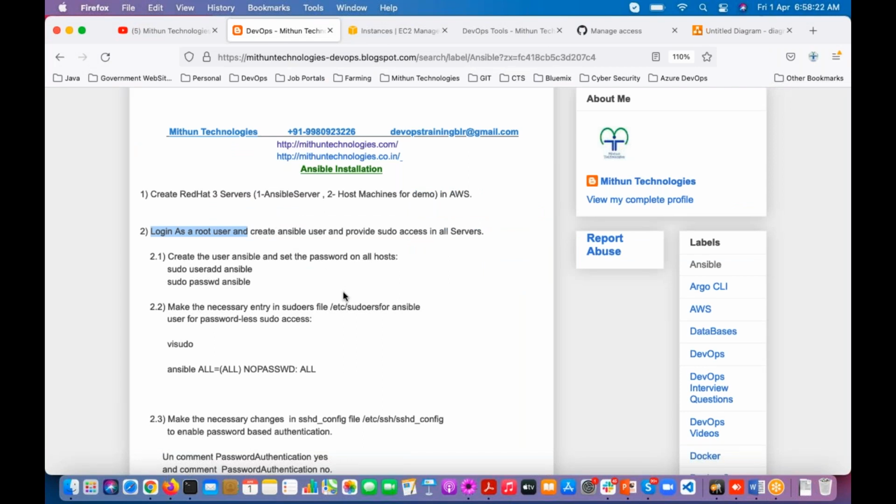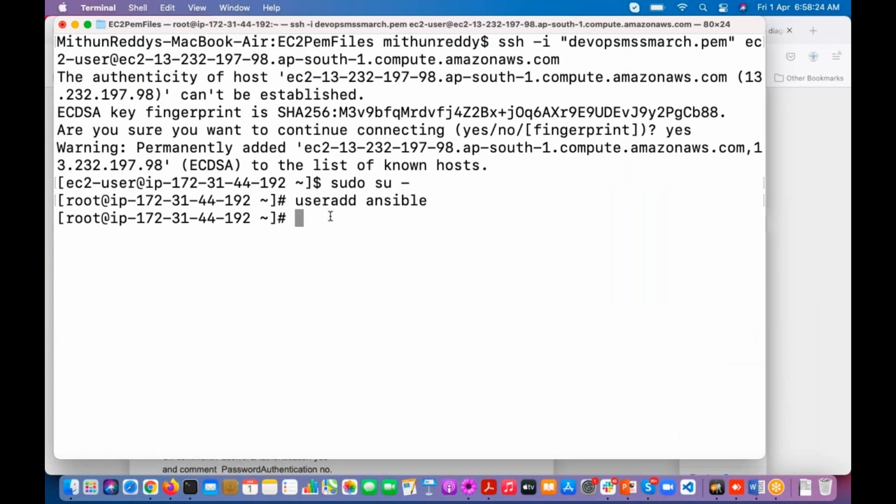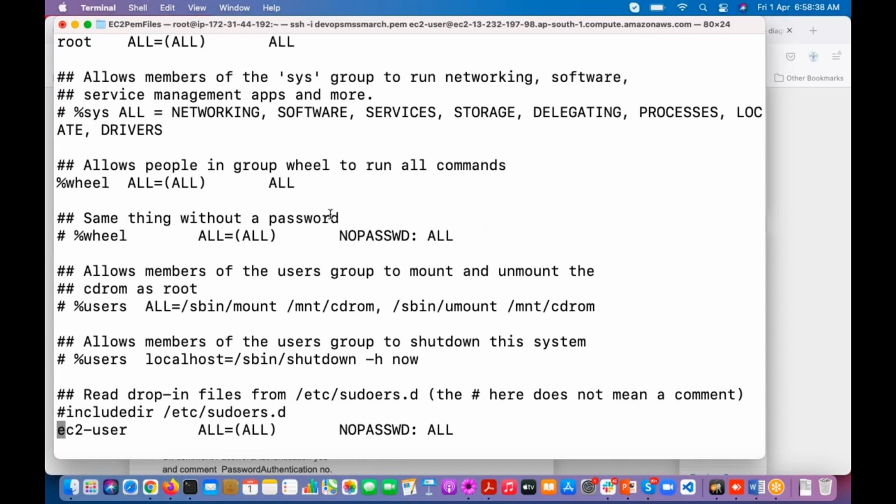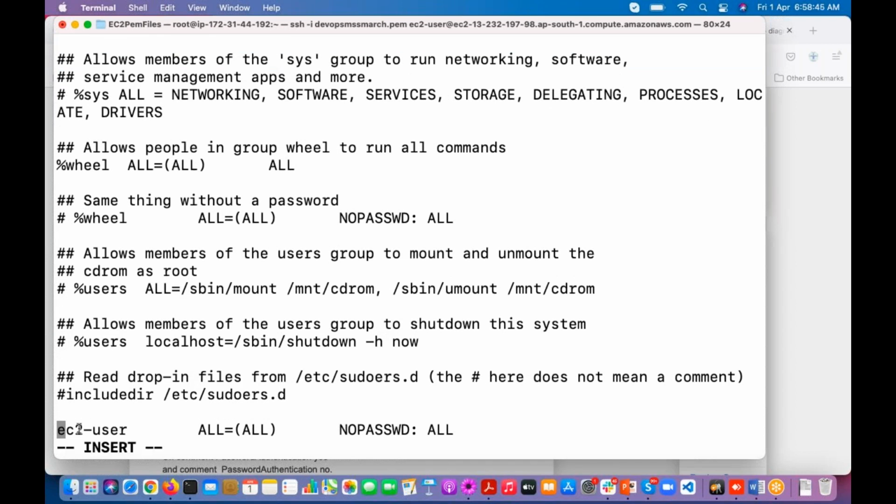So I have created one user and I will provide the sudo access. You don't need to set the password. To provide the sudo access, we execute visudo. Hit enter. Just scroll down. Guys, not only here, you can keep it at the end also. Just type I, it will come to insert mode. So this is the Ansible user. Then copy this: ALL=(ALL) NOPASSWD: ALL.